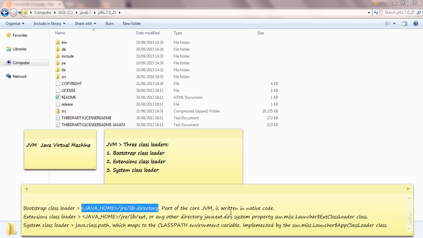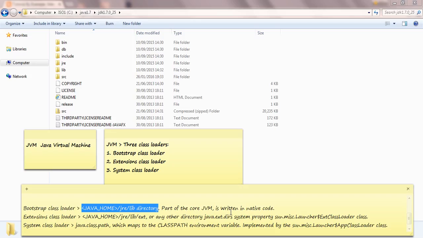So what do you mean by written in native code? Native code is code developed in a language other than Java.